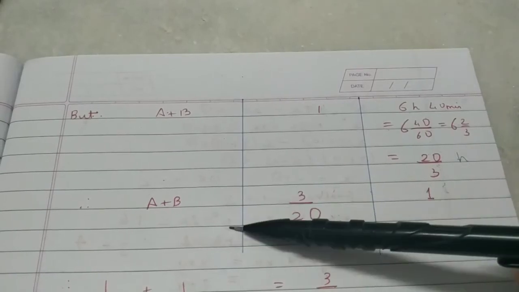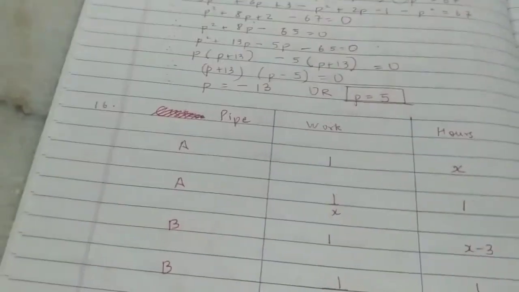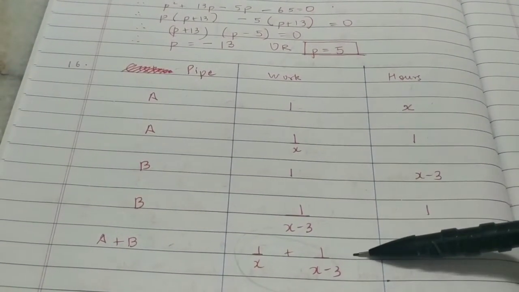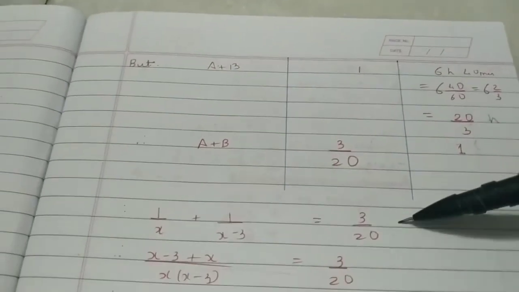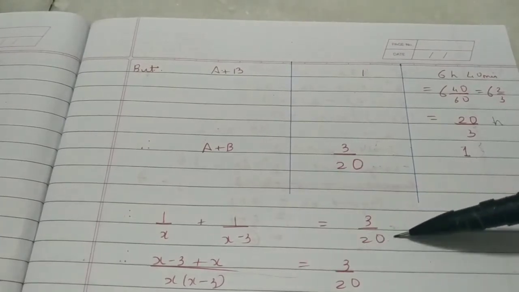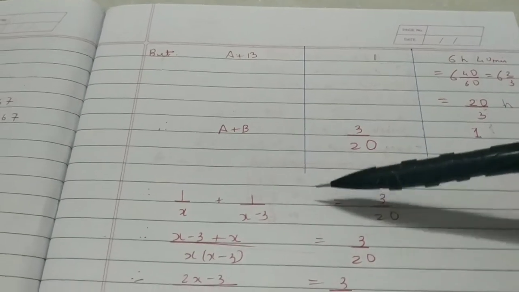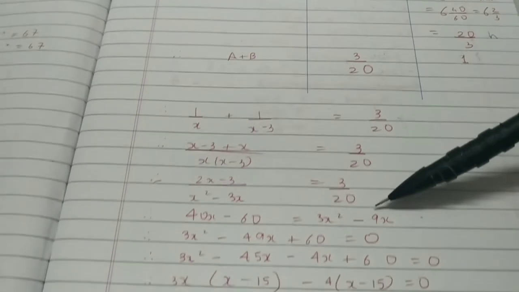So this is A plus B's 1 hour work according to the given data, and we have found A plus B's 1 hour work in terms of X. So definitely these two are equal, and that's how we get our quadratic equation. And then just solve it as usual: LCM, cross multiply, open the brackets, splitting the middle term, and get two values